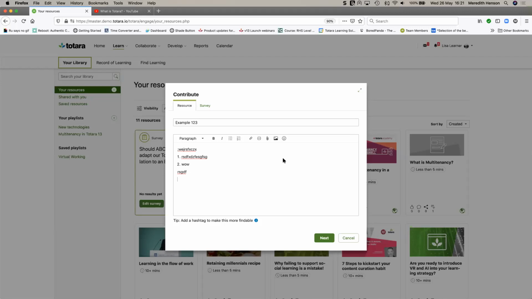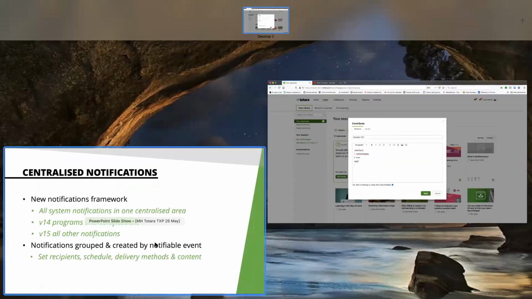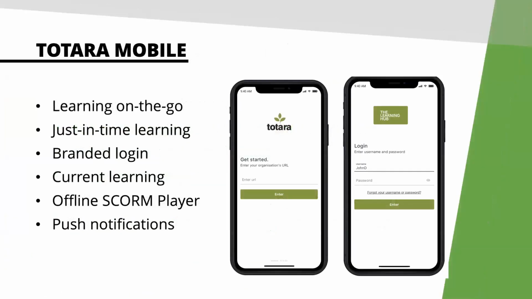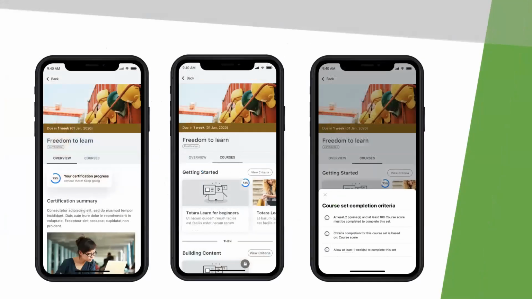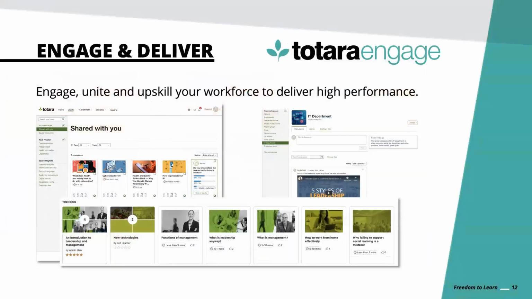In fact, I should bring up the slides for our watchers in advance. So just moving back to the Totara Mobile, because the mobile app is available through our partner network and can be configured, you can add branding, you can authenticate in a number of ways. And as I say, you can access learning or SCORM learning offline. And as we'll see when I look at the centralized notifications, you can also push notifications to the mobile app as well. This is a nice bookmark, these are bookends. And now, of course, we're talking about Totara Engage.